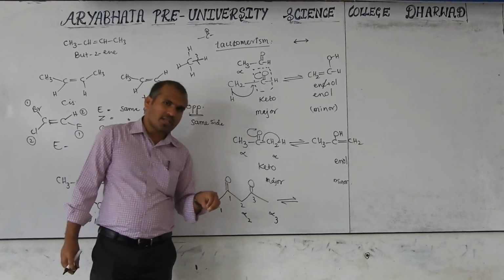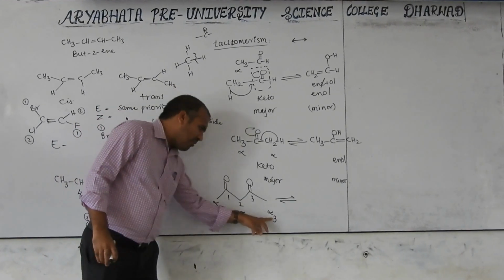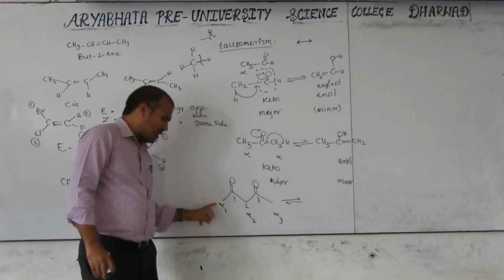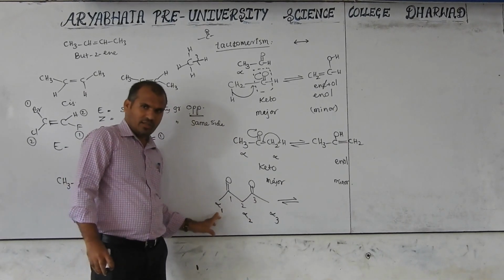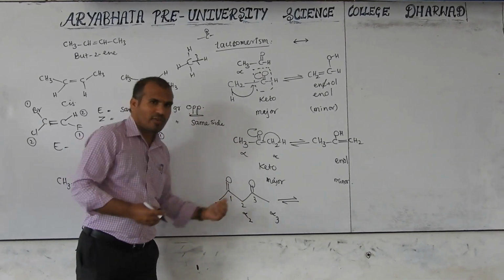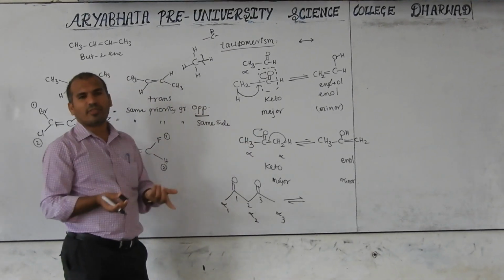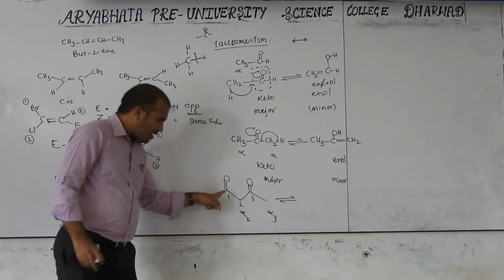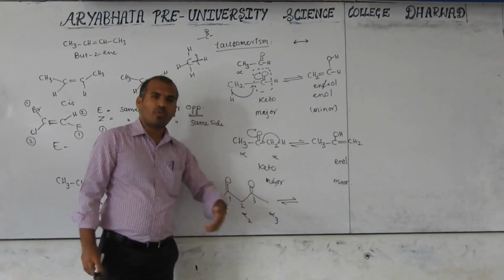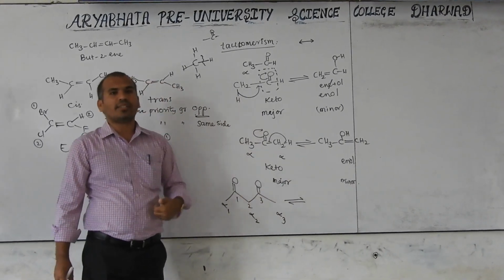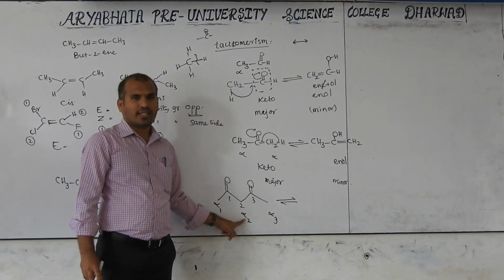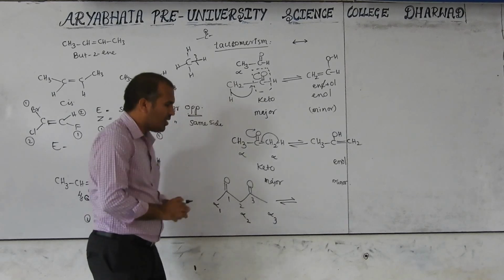Which alpha hydrogens are more acidic? These are equally acidic, because keto group next to CH3, keto group next to CH3. These are equally acidic in nature. Now, is this alpha 2 hydrogen more acidic than alpha 1, alpha 3, or less than alpha 1, alpha 3? That is the question. Here this carbon is bonded with 2 electron withdrawing groups. The more electron withdrawing groups, the more acidic the nature. That's why alpha 2 hydrogen is more acidic than alpha 1 and alpha 3.